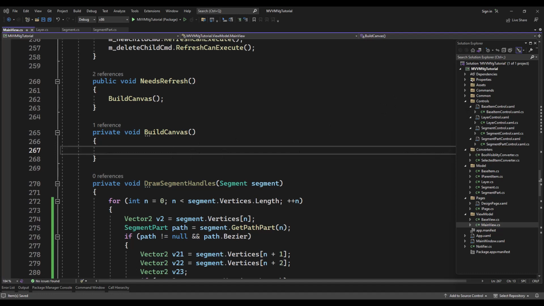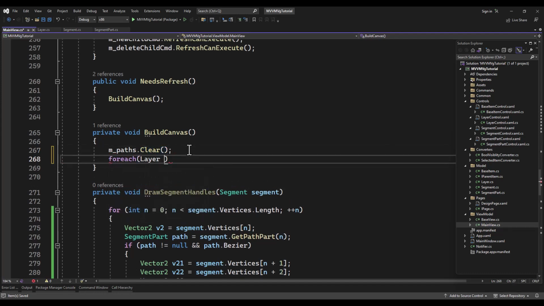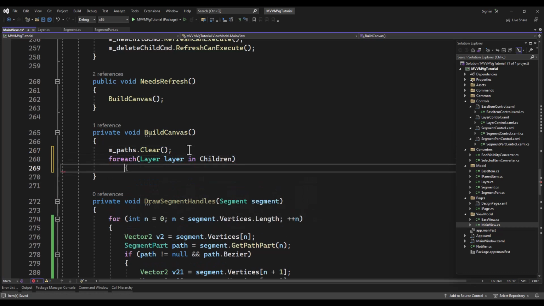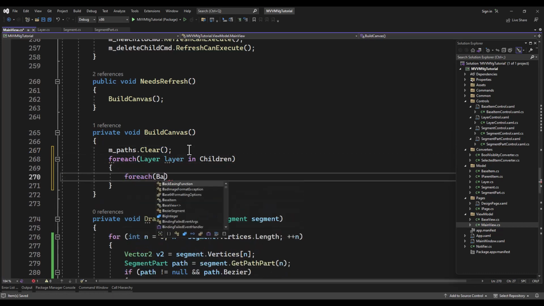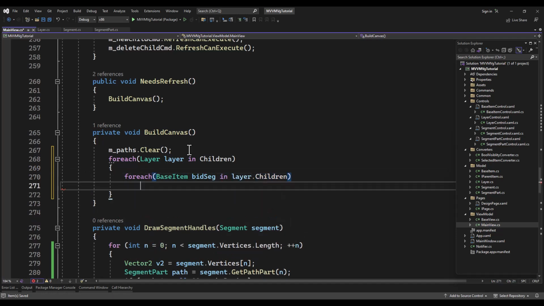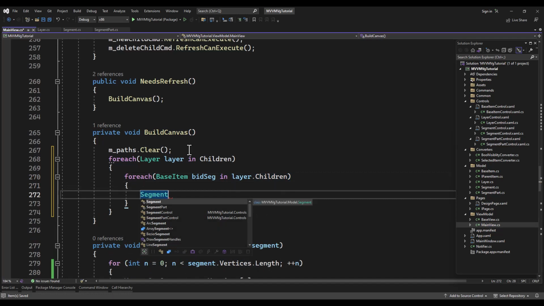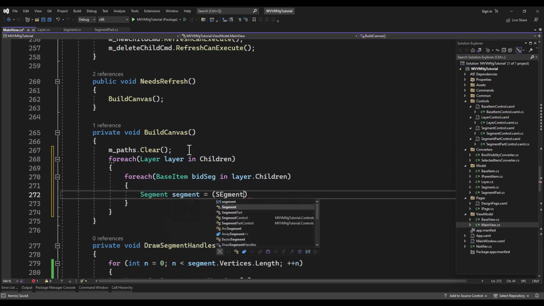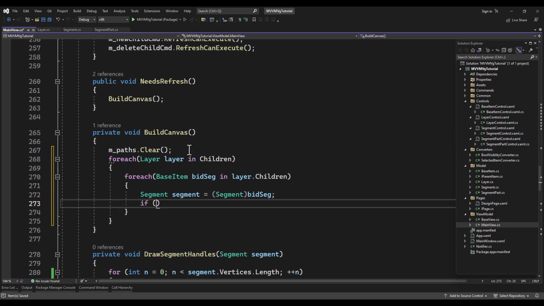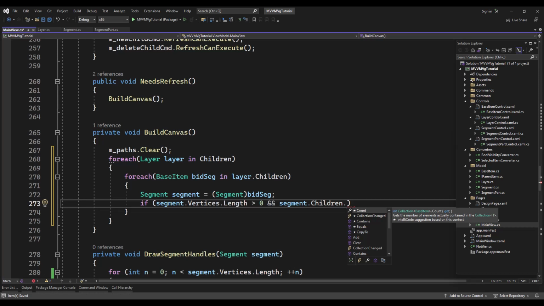And now for the build canvas. The tour de force. Normally I would split these up into their own videos, but I'm trying to get each area done in one pass. So we're going through all of our layers. The order in which they appear in the tree view is the order they are in our graphics. We're going through each base item in the layer's children, converting it to a segment. If it has vertices and it has children,